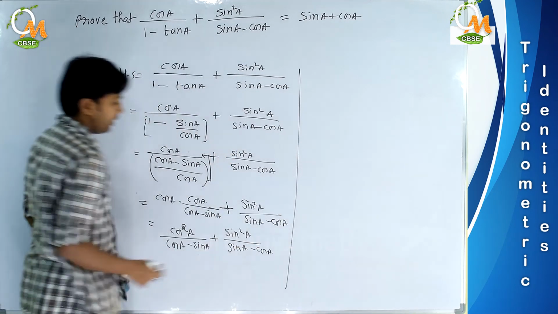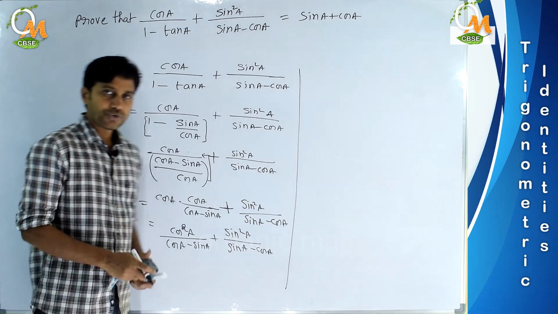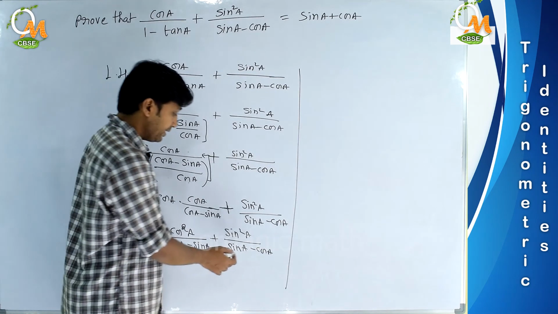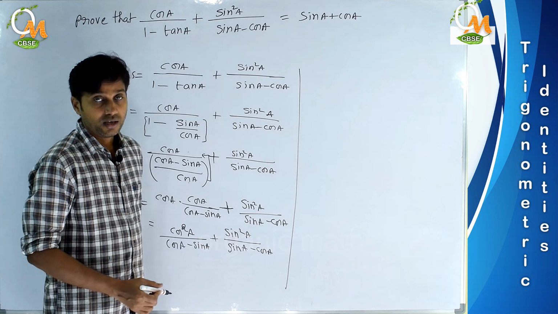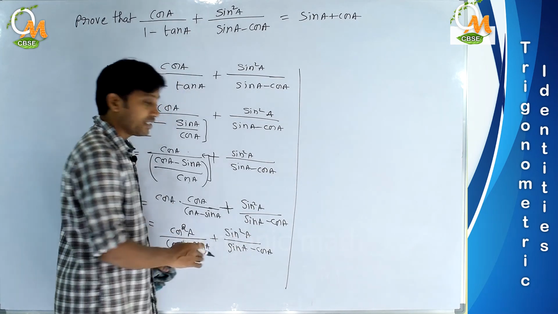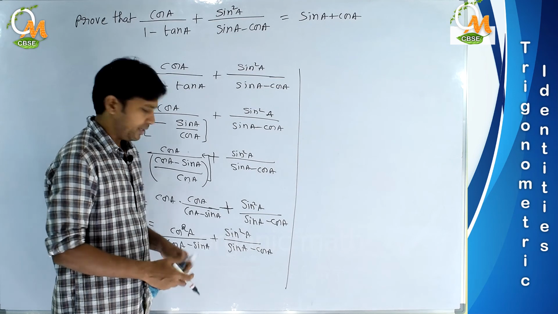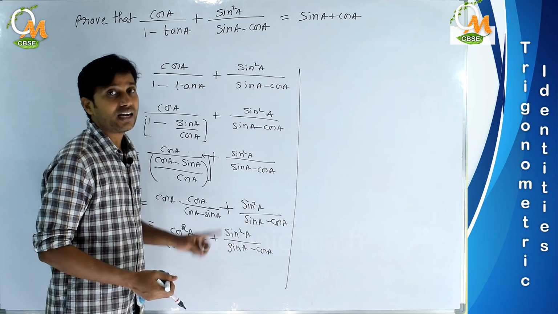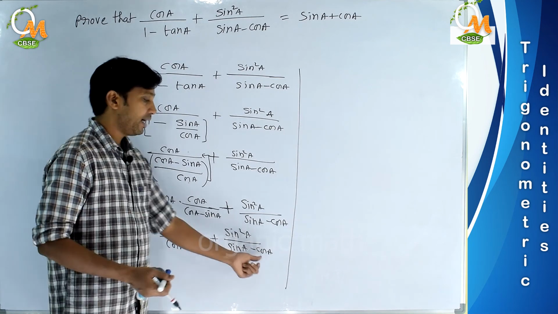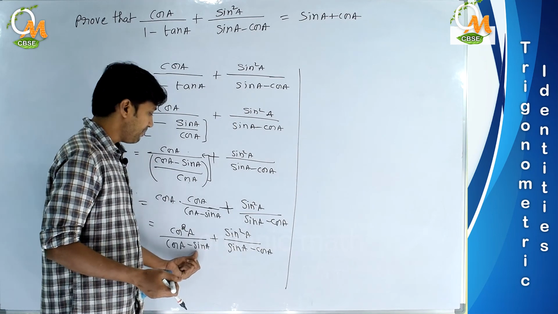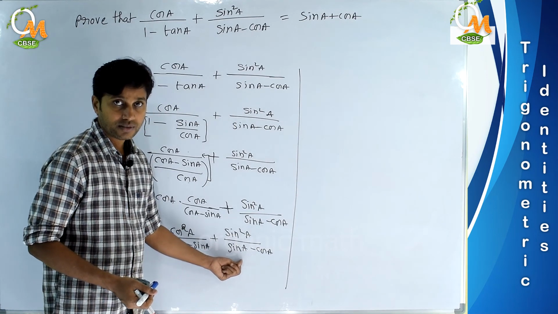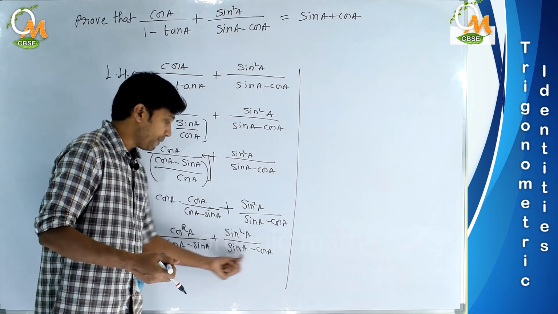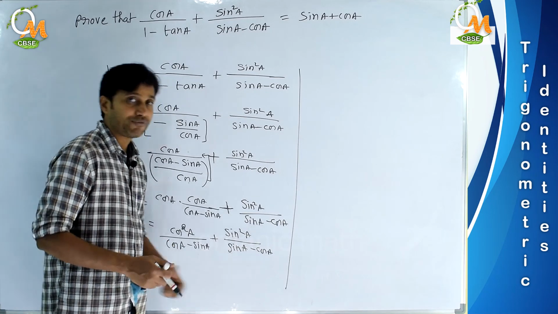Now just see here. For a moment I want to ask you that here denominator part is cos a minus sin a, and here denominator part is sin a minus cos a. If you want to add these two fractions in next step, then better you make them same. Here denominator terms are equal, but signs are opposite. Here for cos plus is there, and here for cos minus is there, and here for sin minus is there, and for sin it is plus. So what we can do in order to make the signs same, better you take common minus symbol from denominator of second fraction. Let us do it.